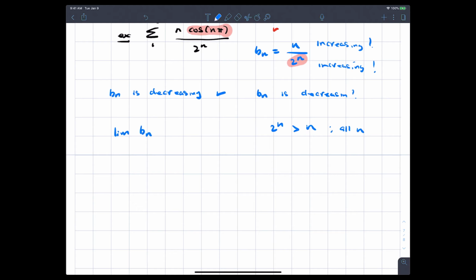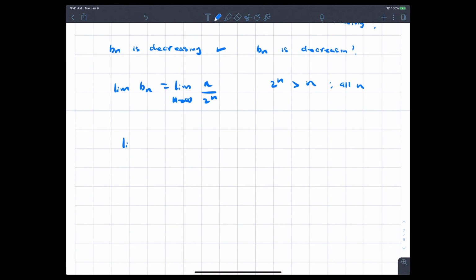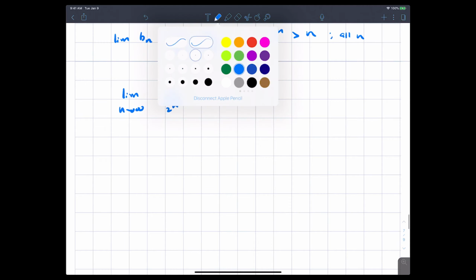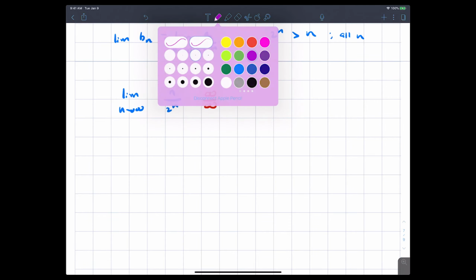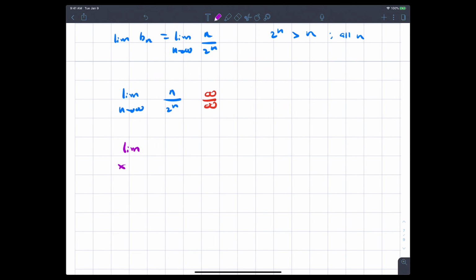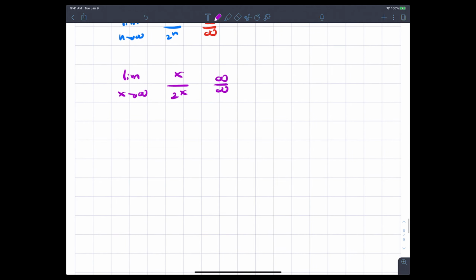So the limit of now Bn, not An. This isn't the test for divergence. The limit of Bn is n over 2 to the n. Now, this looks familiar to me from what I did for you guys in those videos. If you recall, you look at this and you say, oh, Mr. Judge, that's infinity over infinity. I'm trying to take that limit. And I said, okay, look at this as a calculus question. X goes to infinity, and you have x over 2 to the x. And you say, I still get that. I know. But by L'Hopital's rule,